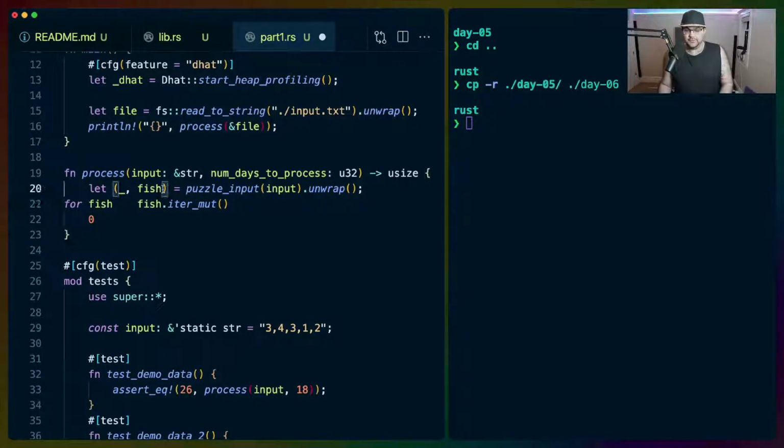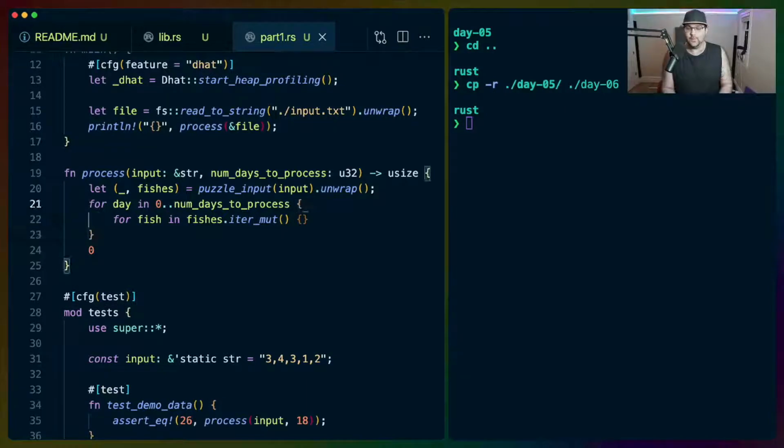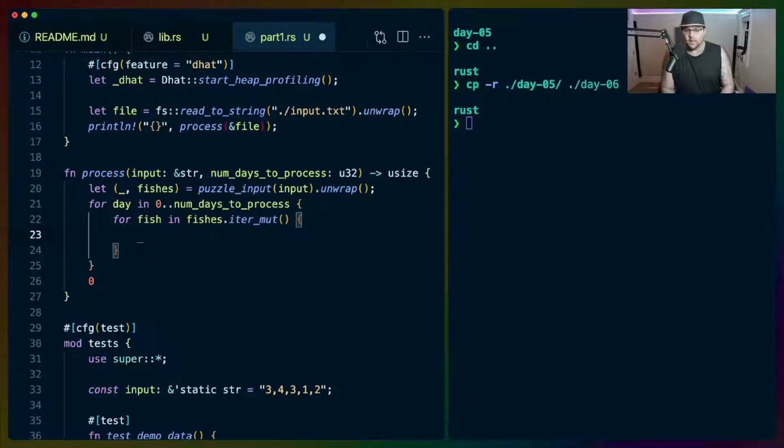Let's call this fishes just to differentiate. Shadowing works just fine, but we're going to do it like this. And then there's going to be some kind of loop here, for day in 0 to num days to process. We're going to basically do a double loop here, and then for fish in fishes iter mut,